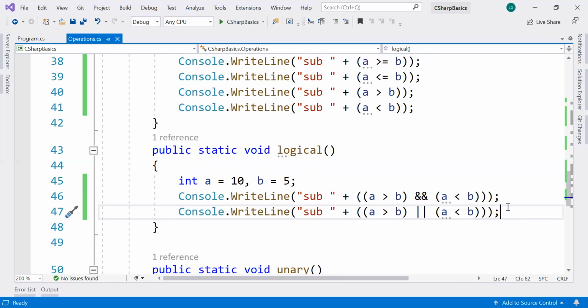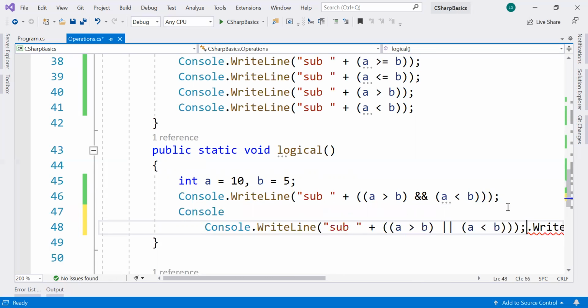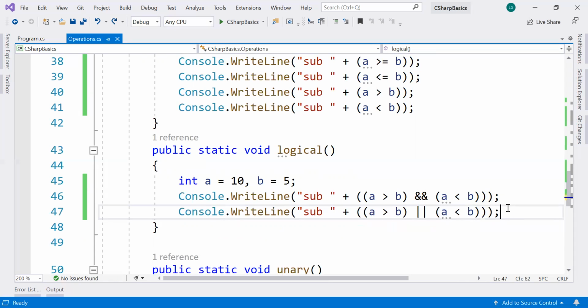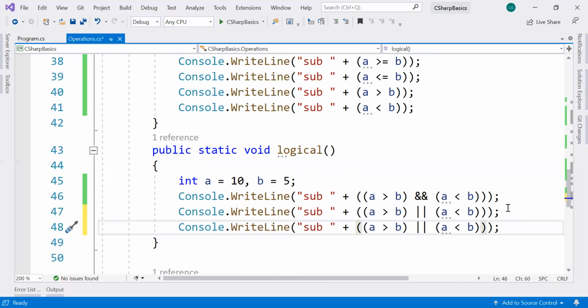And not equal to. Not equal to, basically we are going to check. Not means if it is true, then it will give false.